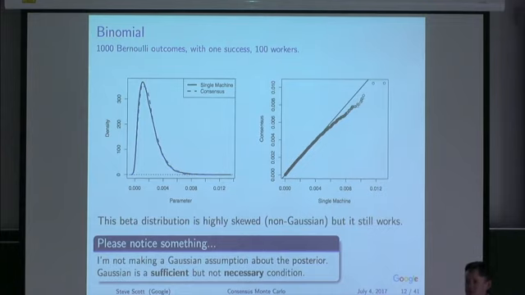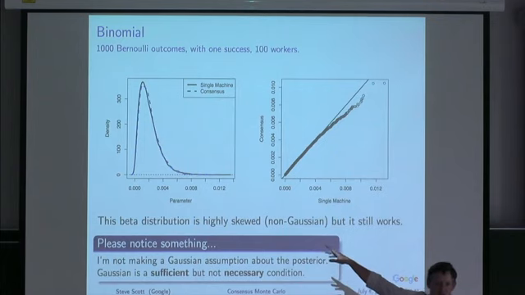So I like this procedure because there's at least some empirical evidence that it gives you some protection. There's a little zone around the Gaussian distribution where, if you're not too far from it in some sense that I don't know how to characterize, things are going to work out okay. So it's different from me saying the posterior is normal, I'm going to compute the moments of the normal, and that's my posterior distribution. My posterior distribution here is a very non-normal thing that I got by averaging draws from non-normal sub-posterior distributions.